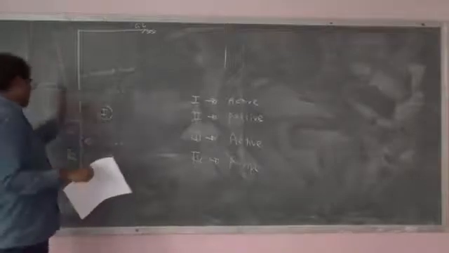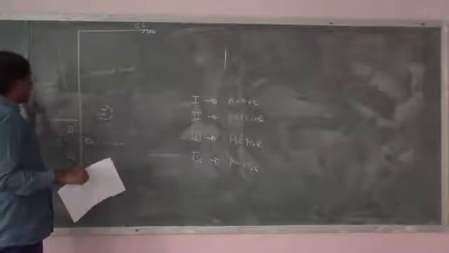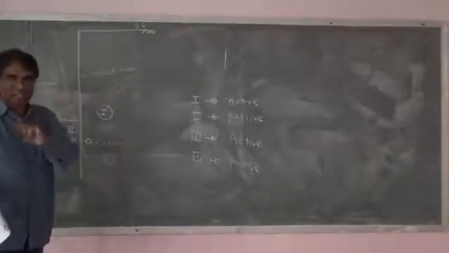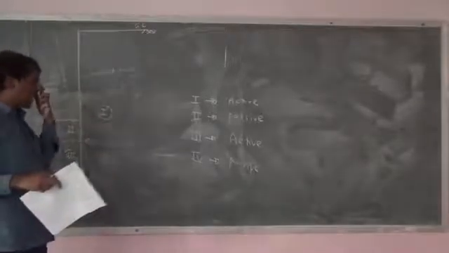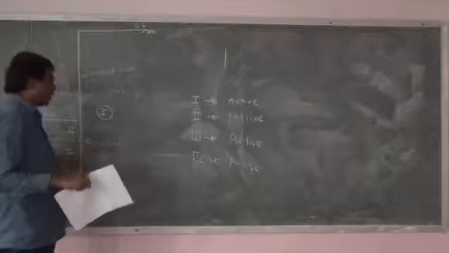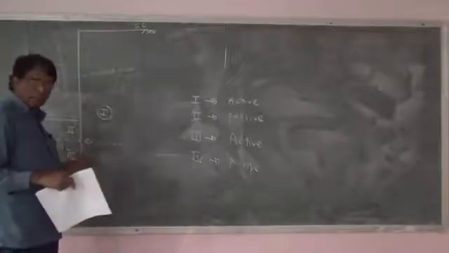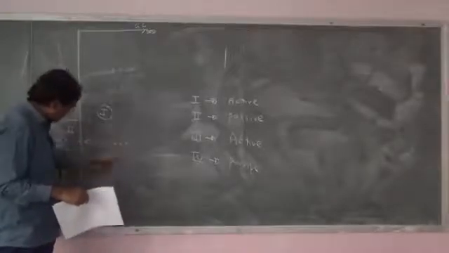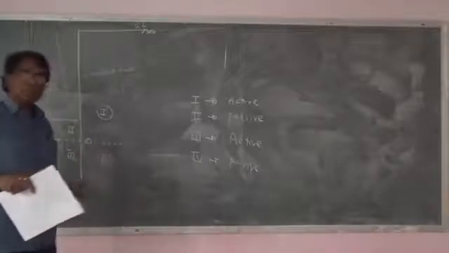In the first part, the deflected portion is away; the sheet pile wall is away from the soil. Therefore, I have taken the first portion as active. For the second portion, it is towards the soil, therefore it is passive. And for the third, again it is active, because here soil is here, and again it is moving away. Deflected part is away, isn't it? And at the fourth, again soil is here, this soil we are taking, and this is moving again towards the soil,